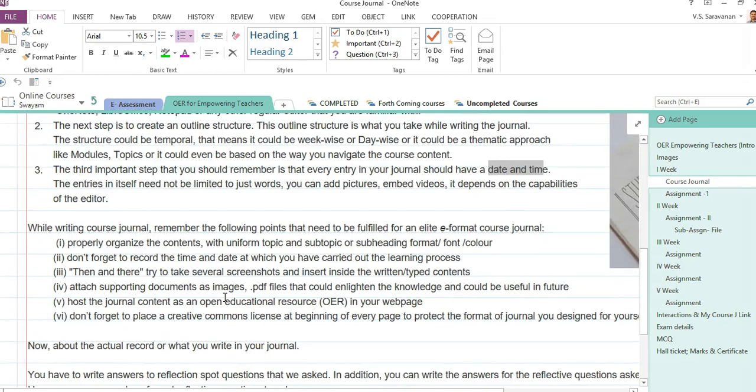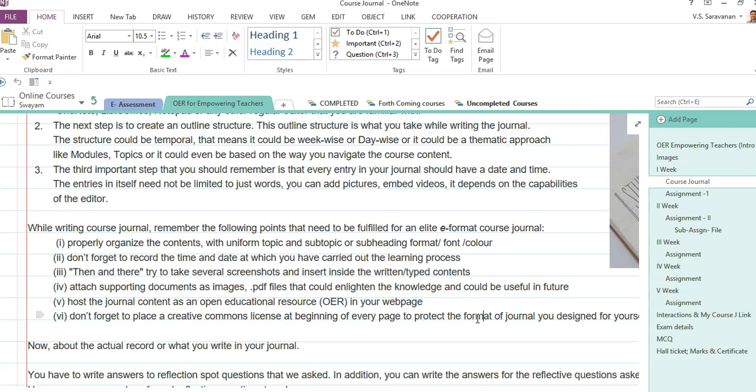I will try to explain some more additional points that are essentially required in an e-format course journal. Here the e-format course journal refers to writing the course journal in the system itself. That is referred to as the electronic format of the course journal.